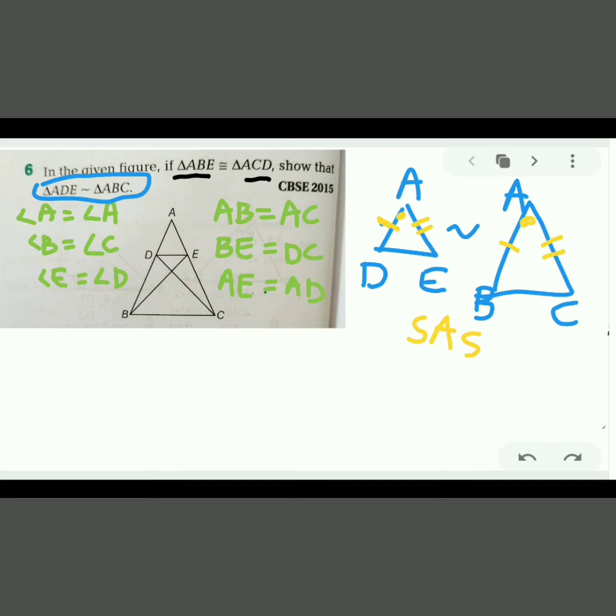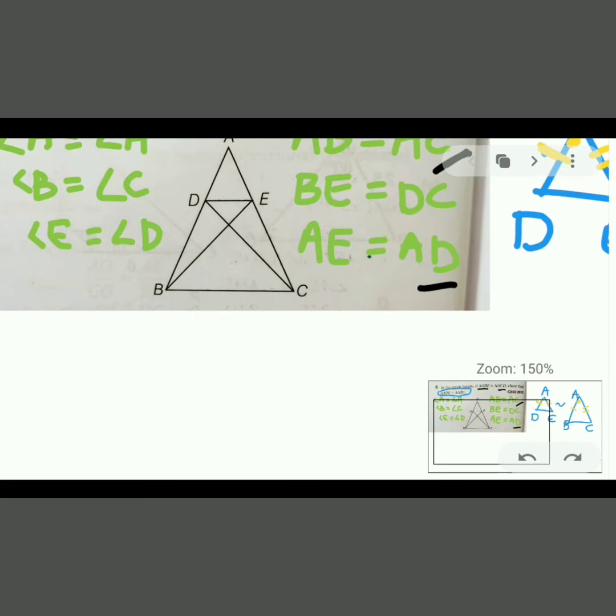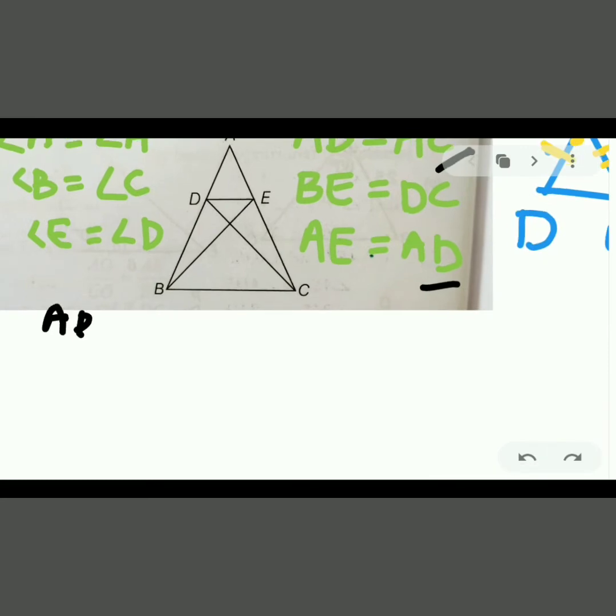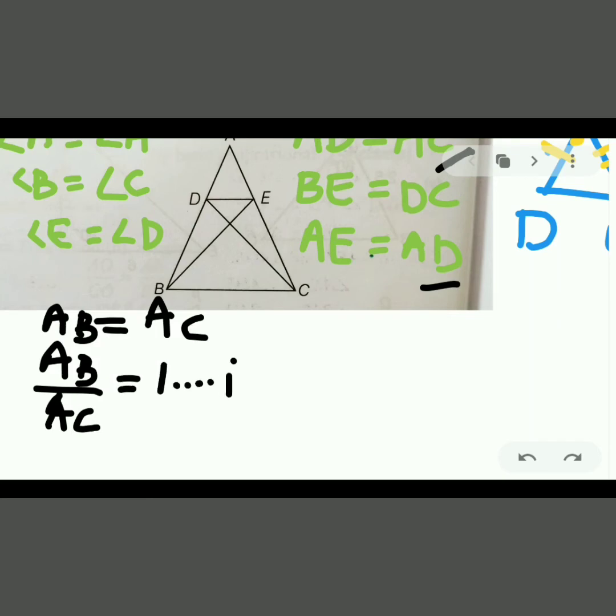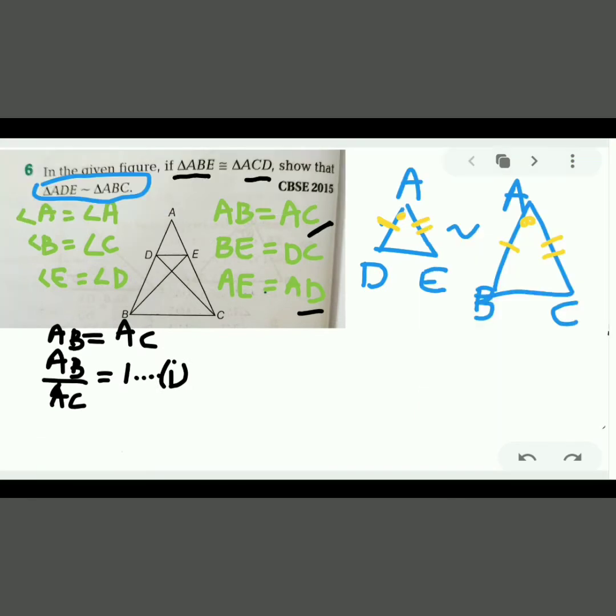So here we are beginning our process of how to prove this. You just see over here, we will use our given conditions. If we want AD by AB, AD is over here and AB is over there. So if we use these two conditions, we can get whatever ratio we want. If we use AB is equal to AC, we can write AB is equal to AC. Taking that AC down, it will look like AB by AC, so it will be equal to 1, and that is our condition number 1.